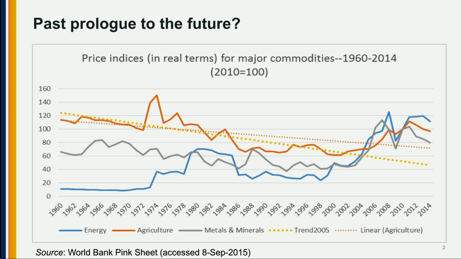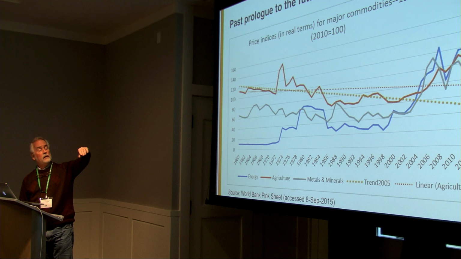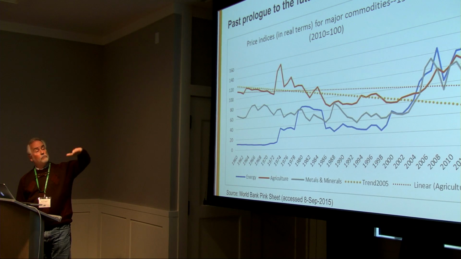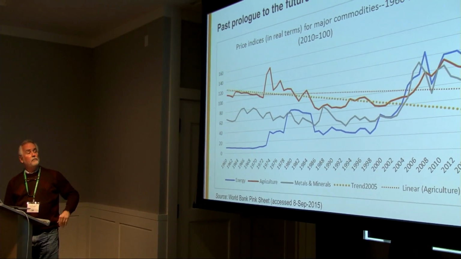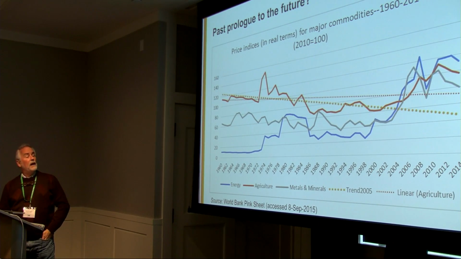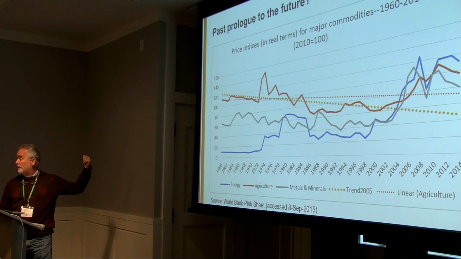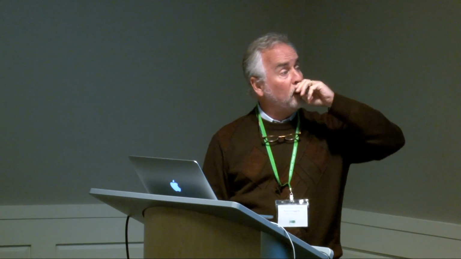So you can see that the recent crisis in agriculture, where prices for all of the commodities went up, bent that trend line pretty significantly since 2005, but the trend is still declining. And if you go back to 1900, you see the same kind of long-term price trend. So the question is, what does that imply for the future?